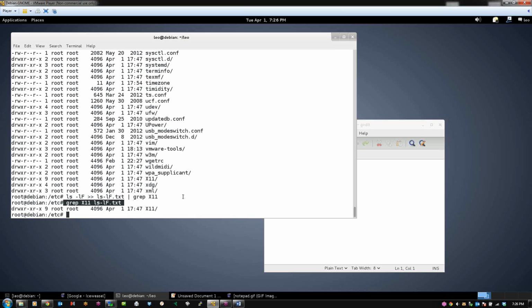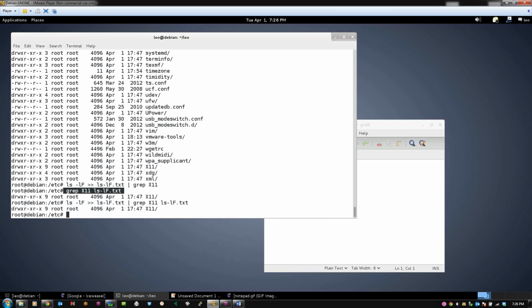Realistically, it should have worked, unless I needed to create the file first, and that's what I needed to do. So it's things like this that you start getting the idea. The more you use this stuff, you'll get the idea. Once you start getting it, it will fall in place. So the only line that matches X11 is